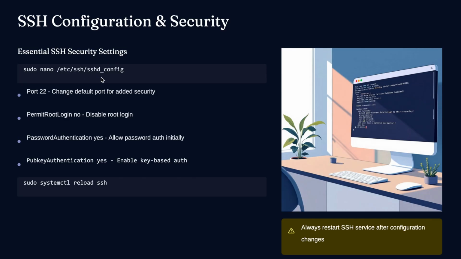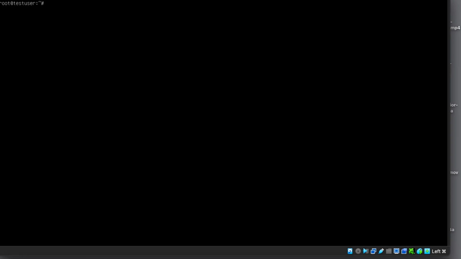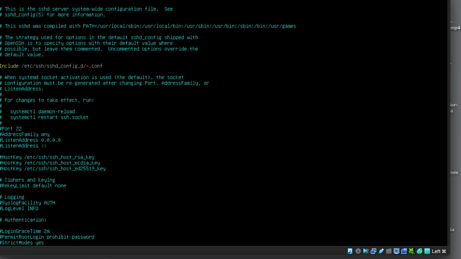Take the console control. You can also put some security settings in the SSHD configuration file. It's always mandatory to change the default port to some other port, and set permit root login to no. Disable root login. Password authentication. Allow password auth is the initial mode. Password authentication, key authentication, public keys. So these are settings you need to check in the SSHD configuration for privacy and security and access from remotely,